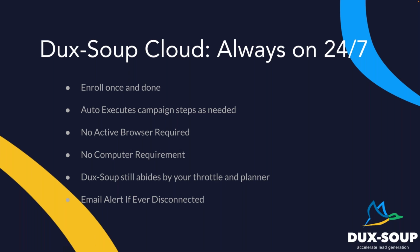And everything then is going to be queued up for Dux-Soup to take throughout the day. And everything is being hosted on our servers, which is connected to your account and launching it on your behalf. So there's no browser required, no computer required to be on and active. Obviously, I guess you need one to start it up, right? And then Dux-Soup will still abide by your throttle and planner, and you will get an email alert if you're